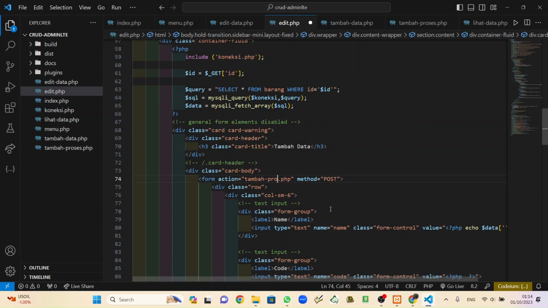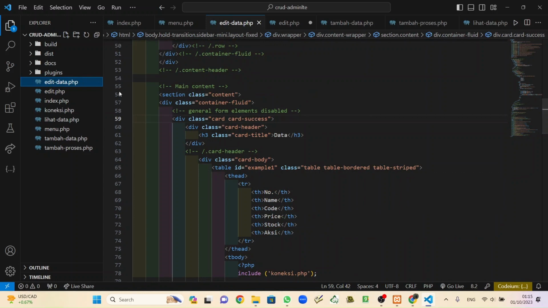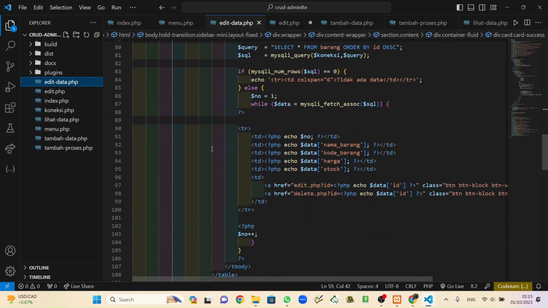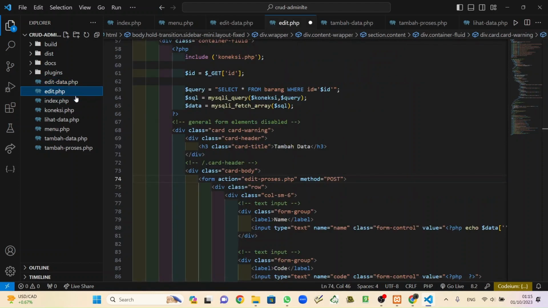Okay, change this to edit process. So edit has three things: edit data, edit, and then edit process.